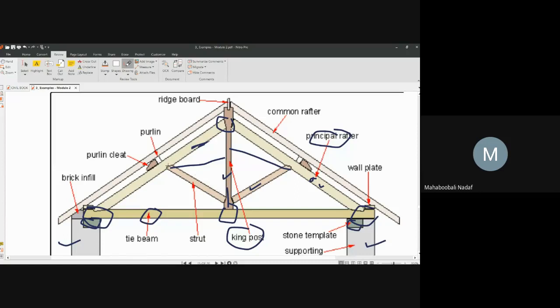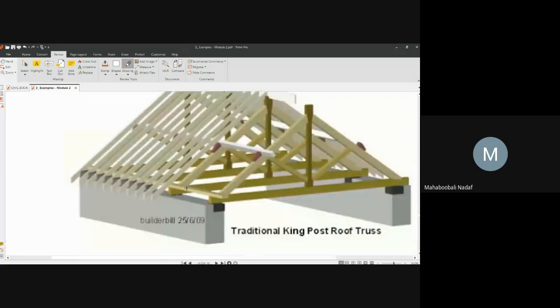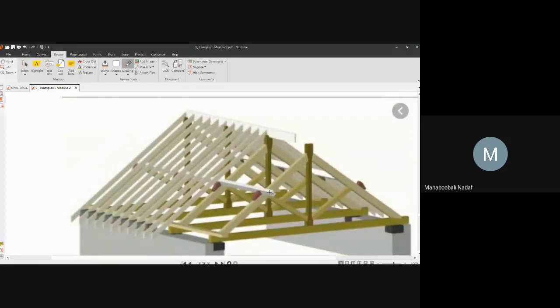Now above the principal rafter, there are members called purlins, which are running longitudinally. If you see this diagram, you will understand. Can you see this diagram? Where are the purlins? These are the purlins. Are you understanding this point? Purlins run from one side of the building to the other side. Yes or no? Yes sir. These are called purlins, which run on different trusses.